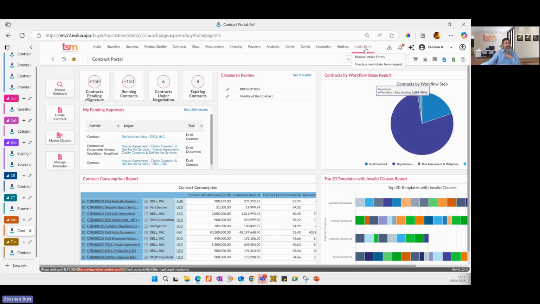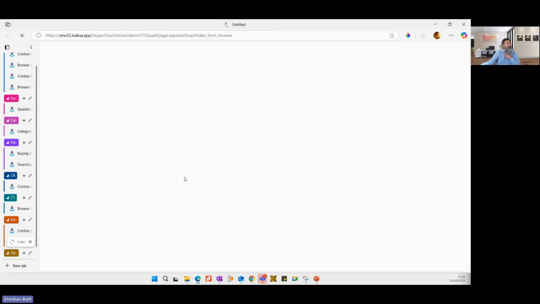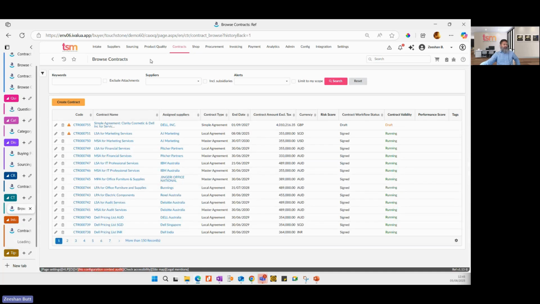The free of charge intake form, if I just go in, it's just a form, and you'll see what the difference is between just the intake, the free of charge version, and the AI one, or the more with visibility one. Apologies, this has timed out. Let me just show you the AI one first, or the